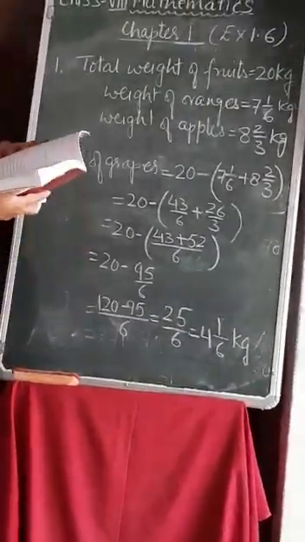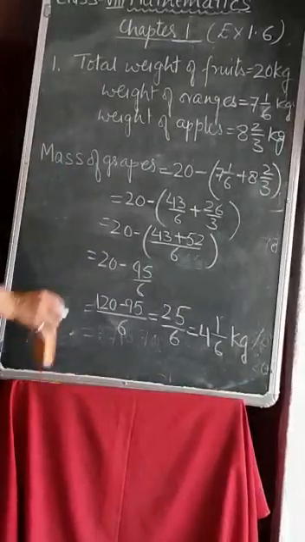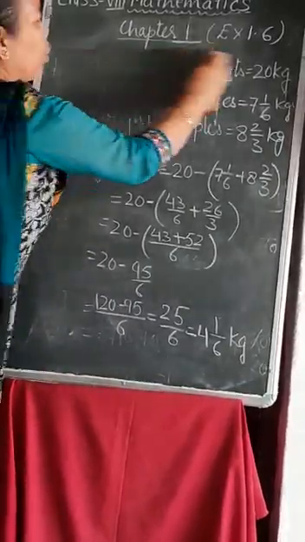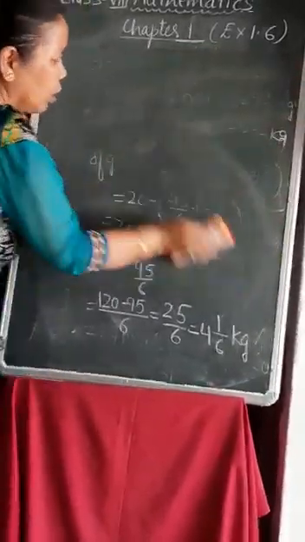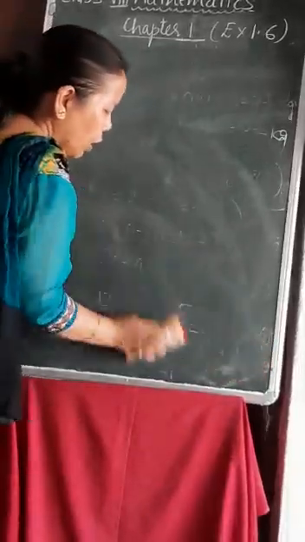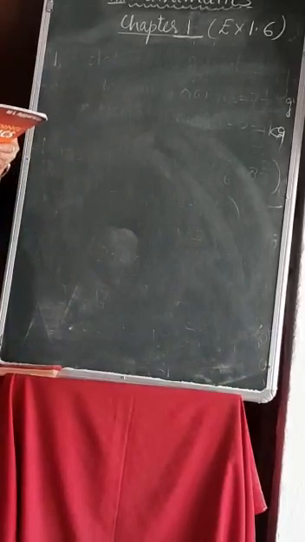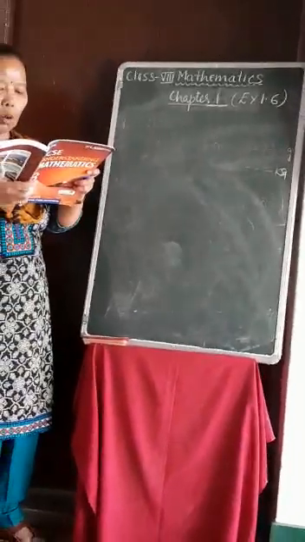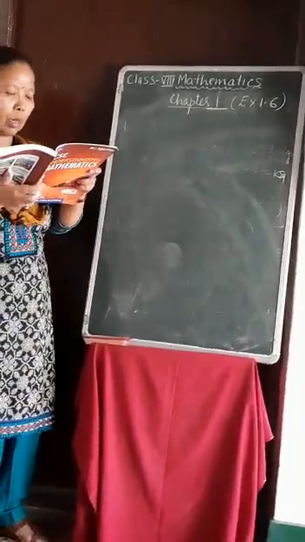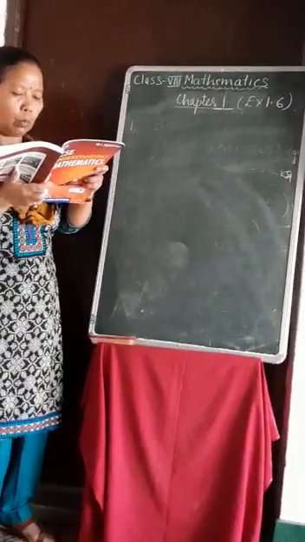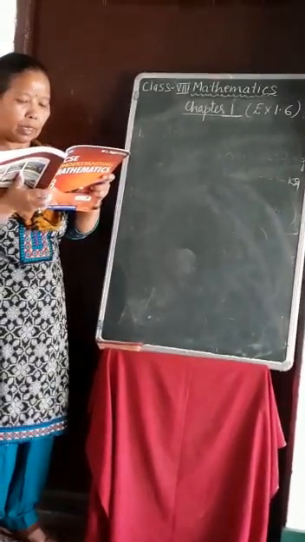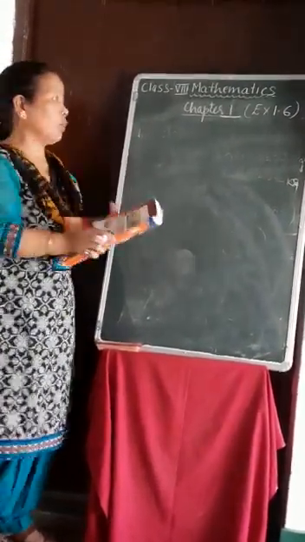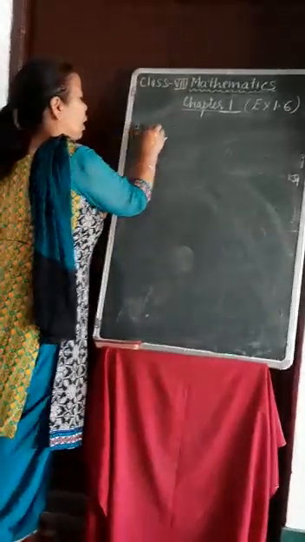Now after this I am taking question number 3. Just see your book and see question number 3. In question number 3, it is given that in an examination 400 students appeared. If 2/3 of the boys and all 130 girls passed in the examination, then find how many boys failed in the examination. So the total number of students is, this is question number 3.